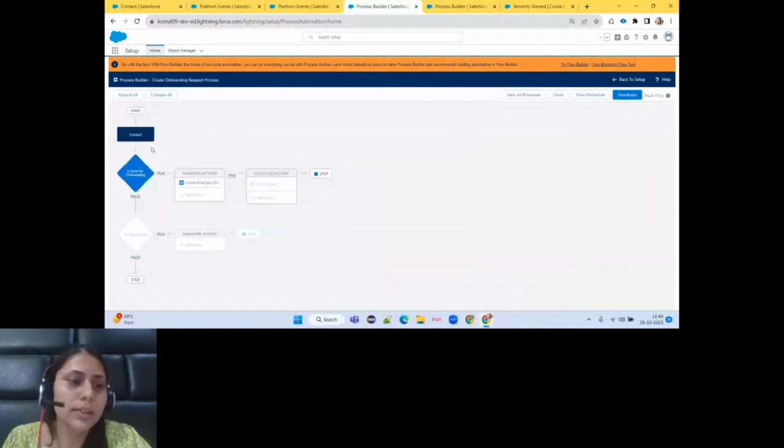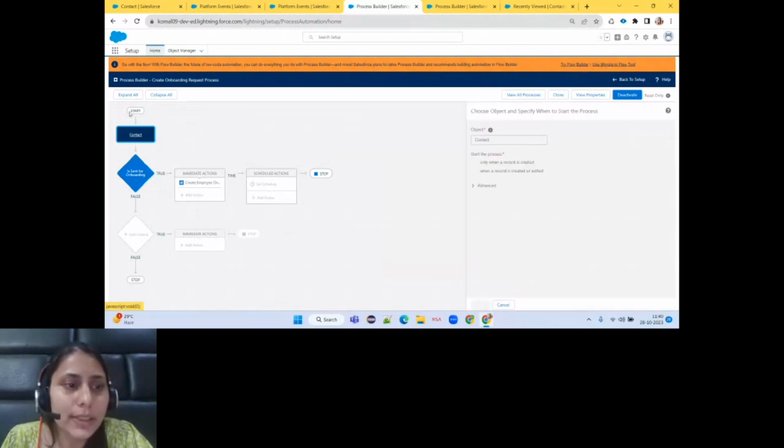So this is how a process looks. As Jyoti has already explained in the theoretical part, you can see the beginning point, that is Start, and after that we have chosen an object.